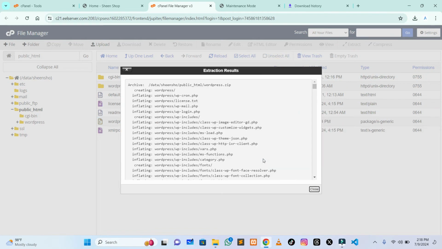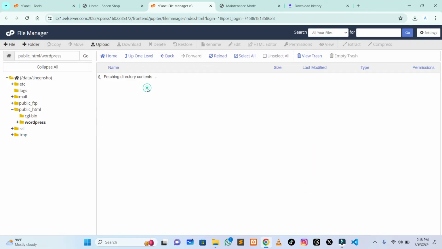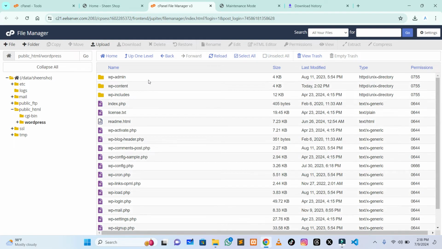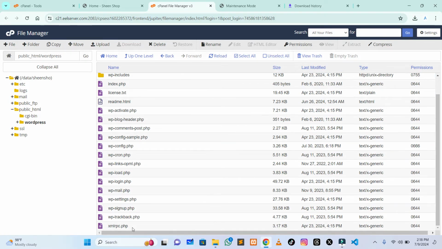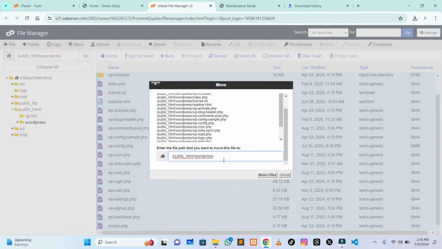So as you can see, these are all extracted in this WordPress folder. So you have to select, just press shift and click the last one, and after selecting all these you have to click on move, and now you have to